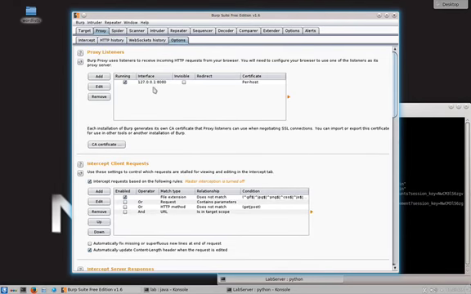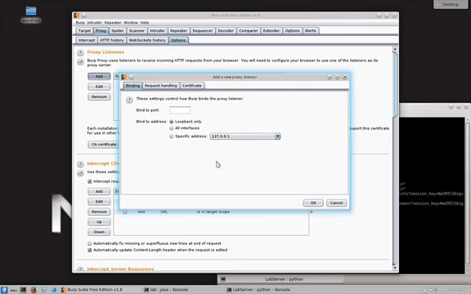Okay, so the first thing we need to realize is that inside of Burp, or if you're using Zed Attack Proxy or some other proxy, hopefully it's just Burp or ZAP for most of what you're doing, you're going to see that the interface is actually listening just locally, but our mobile app is actually running from somewhere else. It's on a different virtual machine that has a different IP address, so it's not going to come in on the localhost interface. So we'll want to add another interface, and it's going to be this